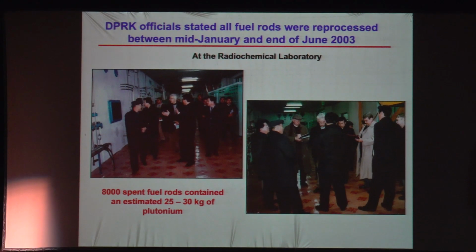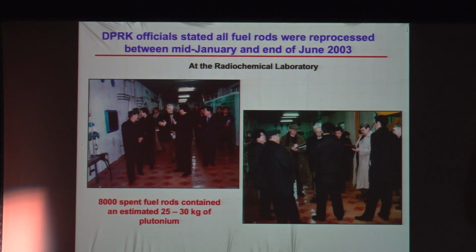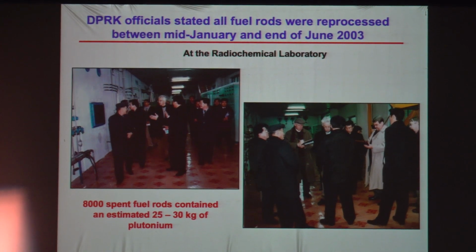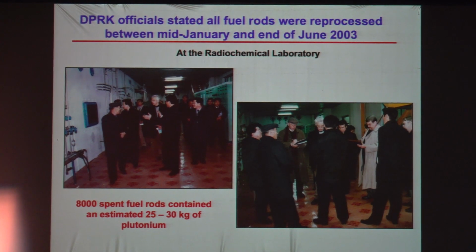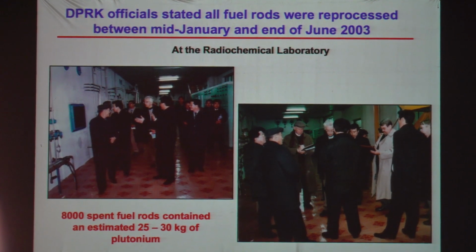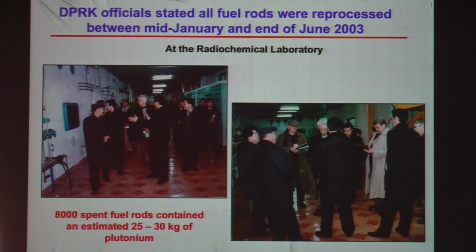Then we went on and we went through their reprocessing facilities. What you see here are hot cells in which you can handle the very highly radioactive spent fuel and extract the plutonium. And I asked them everything about the plutonium chemistry, the Purex process. They knew everything, answered all my questions, and indeed had told me that, look, we've reprocessed all of that plutonium. And actually, some of you who heard my talks way back after this visit in 2004, 2005, and maybe in some of the future talks I also talked about it, when I expressed some skepticism that they actually reprocessed all of those spent fuel, extracted that plutonium, which is what they would need,